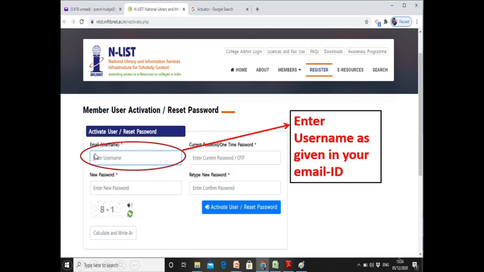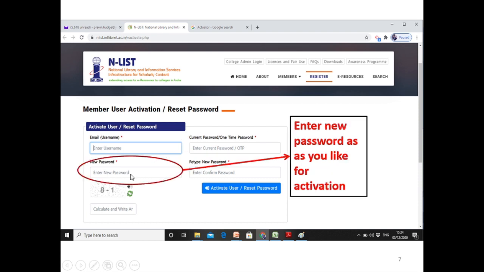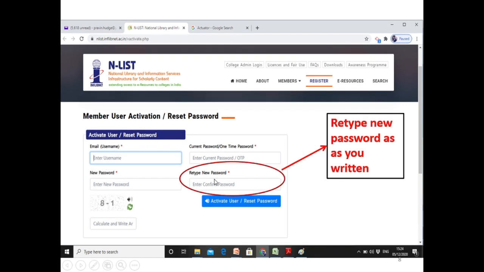Here you type the user ID, that is your email ID is your username. Then after, type here the one-time password that is provided in the email. Then here the new password, write the new password that you want.